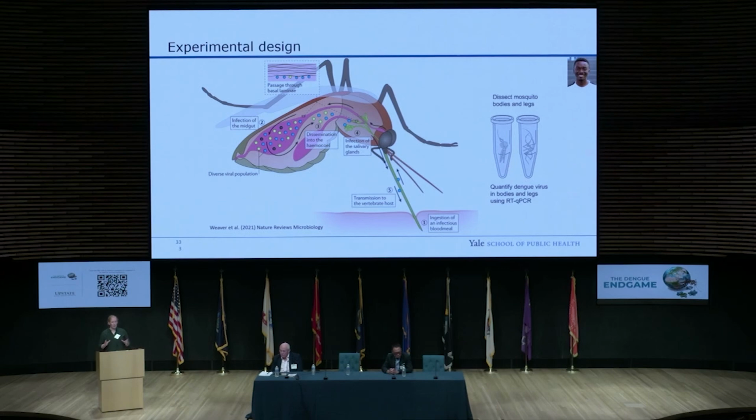Just to make the point of why we selected those tissues: here you see a cross-section of a mosquito. The mosquito takes a blood meal, and the virus ends up in the midgut. The midgut is the main barrier that the virus needs to overcome before it can start spreading throughout the mosquito body, infect the salivary glands, and ultimately be transmitted. So when we tested the entire body, it's an indication that at minimum the virus was able to get into the midgut. That's our measure of infection.